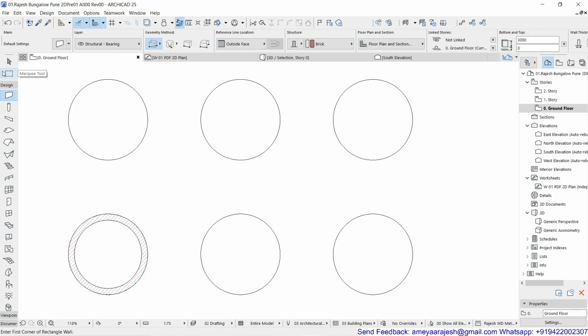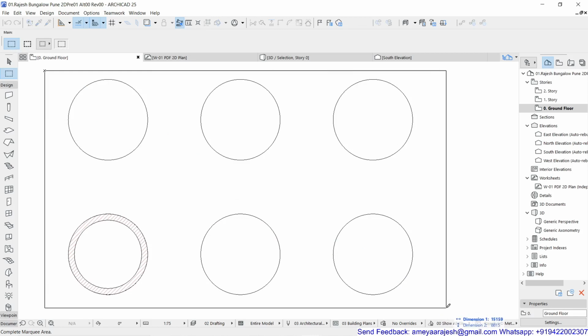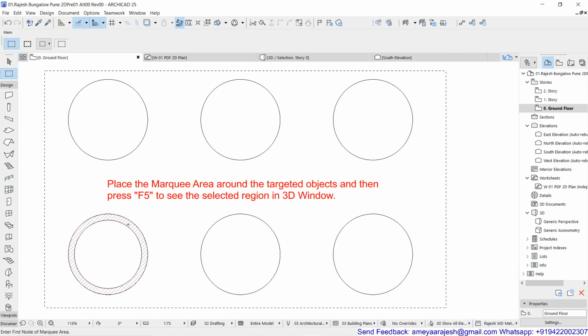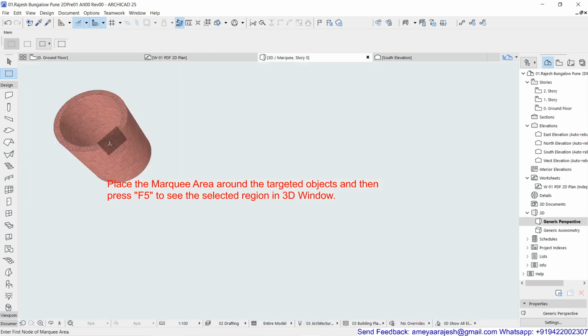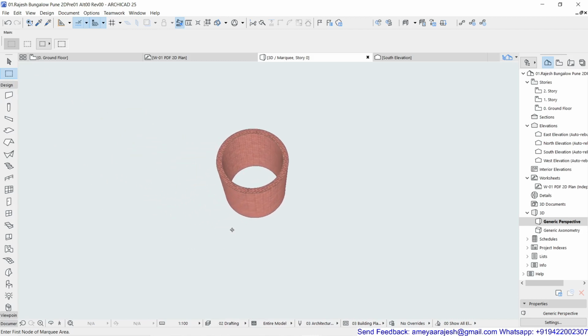And that too, this time, I'm going to change my logic of selected objects in 3D a little bit. I'm just going to use this marquee, and the marquee shows with a single marquee. So the single marquee I'm just going to place around all these particular circles. Then if I press F5, you will see this time only that cylinder which was inside that particular marquee area is now getting displayed. So this is how my cylinder got generated.